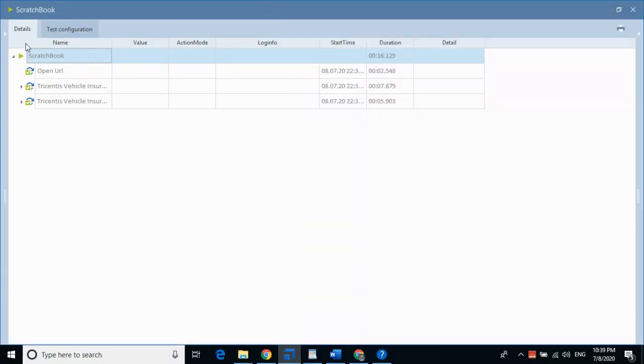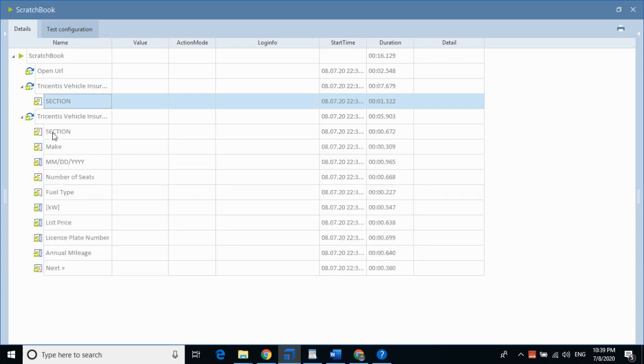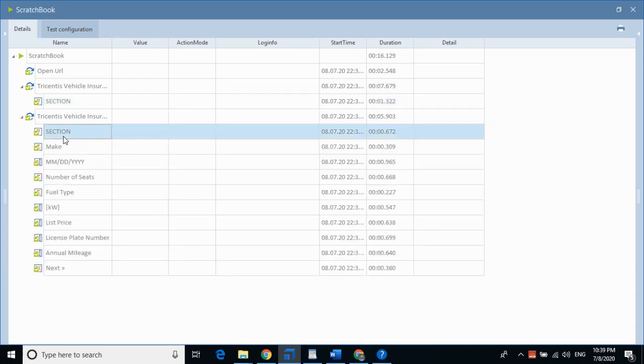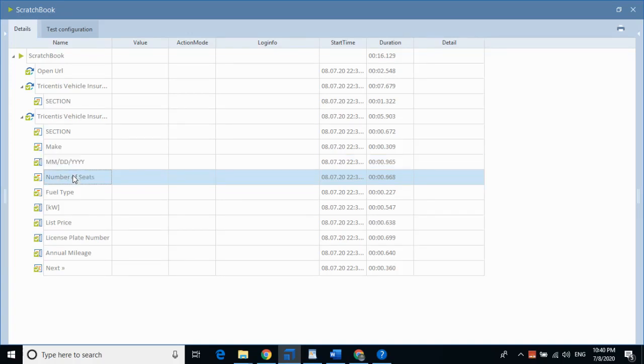This is the Scratchbook, and you can see the URL was opened. It took almost 2 seconds, and I entered data. You can see all this data, and how much time it took to enter the number of seats.